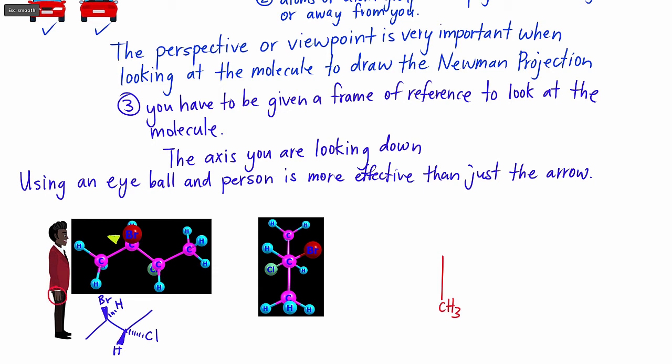Okay? So what's coming out towards you is going to be on his right side. Okay? So on the right, I need to put a Br. On the left, I need to put CH. Now,